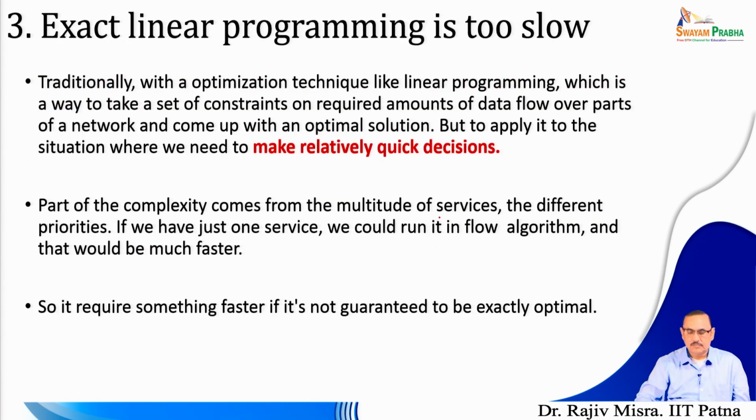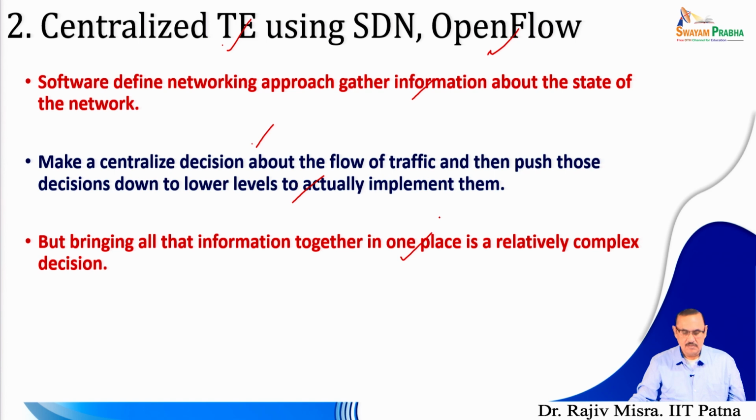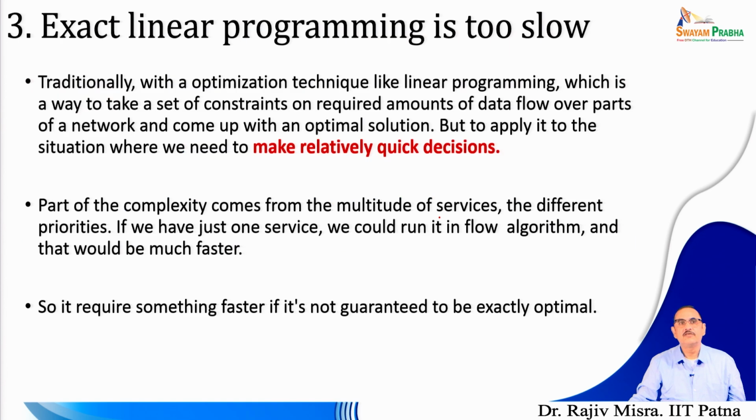So, let us see how we are going to do software defined networking using traffic engineering, using this particular model, where it is not easy to get this entire global information at one place. Then the third one is that exact linear programming is too slow. Traditional optimization techniques like linear programming take a set of constraints on a required amount of data flow over the parts of the network and come up with an optimal solution, but to apply it to situations where we need to make relatively quick decisions